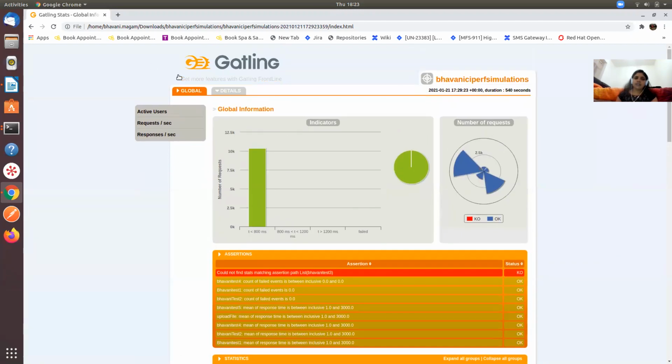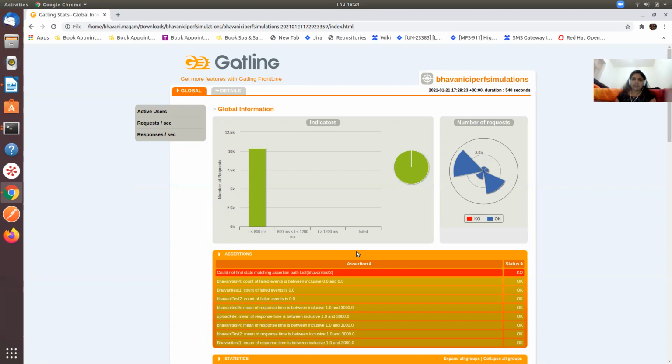You can see on my screen I'm showing you the Gatling report, and there are two sections, right? Global and details. Let's go through the global section first. Before you get into the report, you should have appropriate requirements from your technical analyst, like for 99% of requests that you make to the application, what is the range for the response time? It should be within, for example, 200 milliseconds or so, and that 0.1% can exceed like 3 seconds or so. You need to have those kinds of requirements well ahead